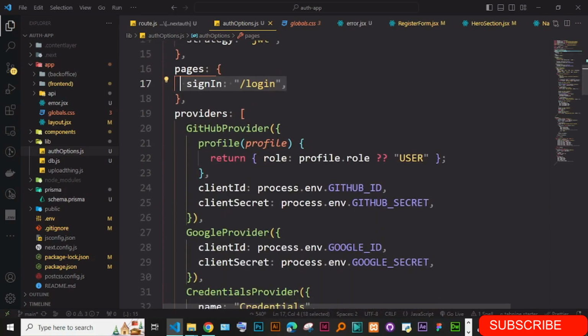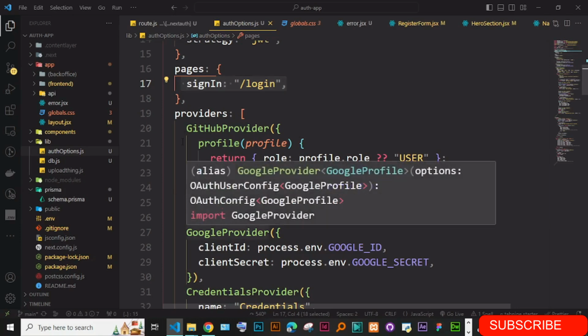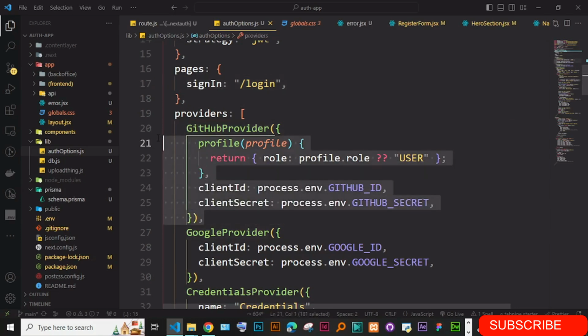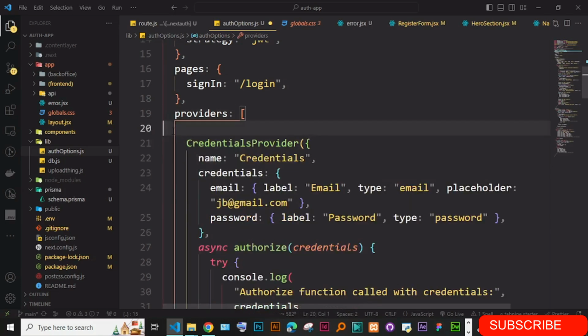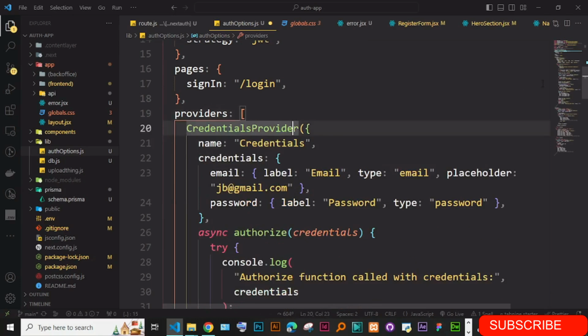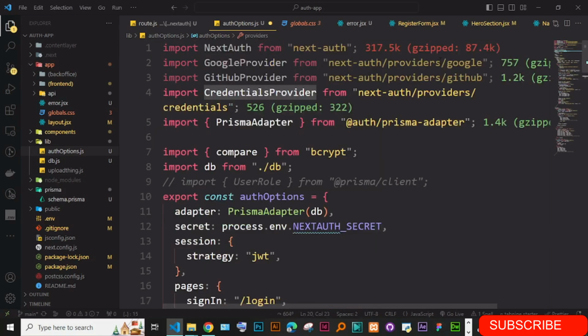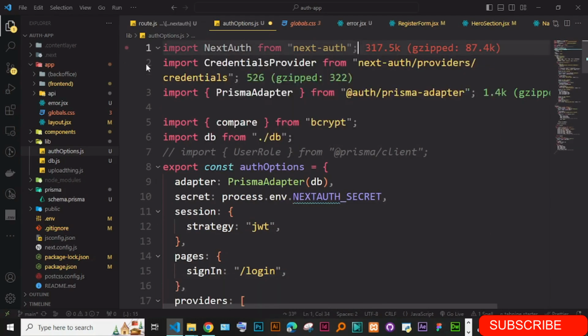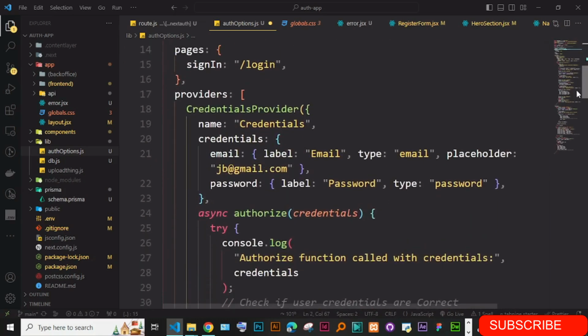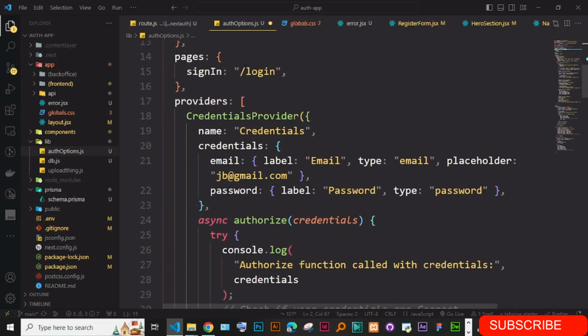Now for the providers, to avoid confusion, I might just remove these ones, and also remove this one. For the providers, we are only going to leave the credentials, as I mentioned at the beginning, and then also remove them from here. Now scroll down. By default, they have their own sign up. That's why you have to show